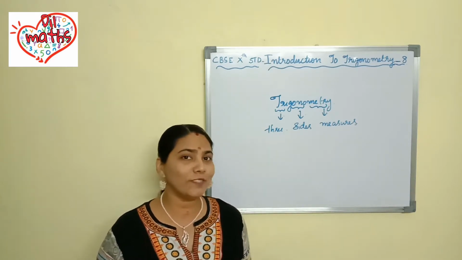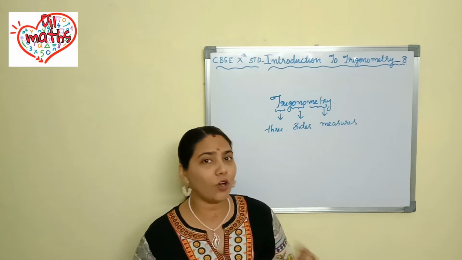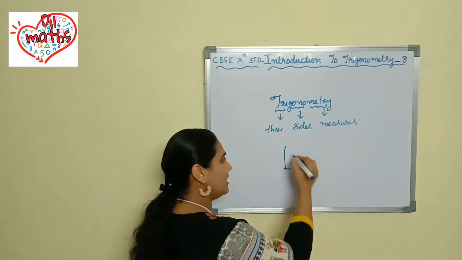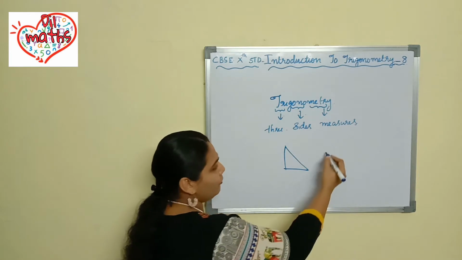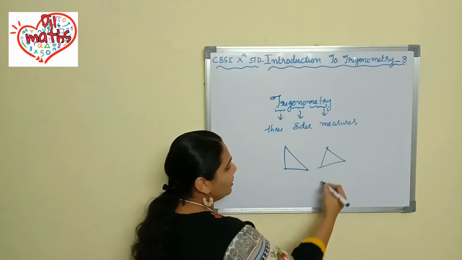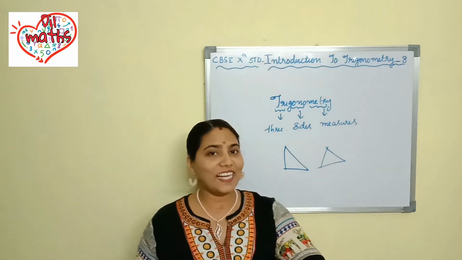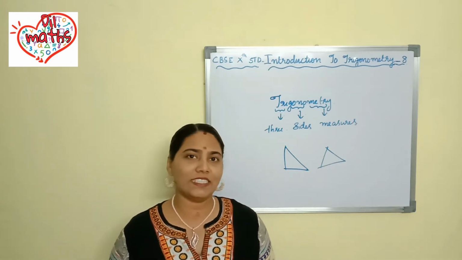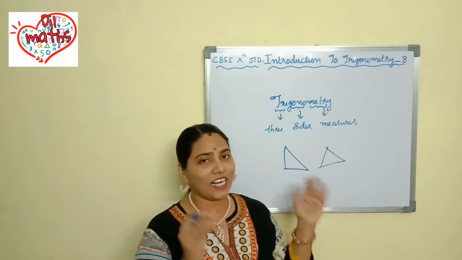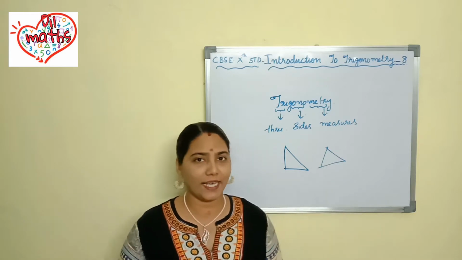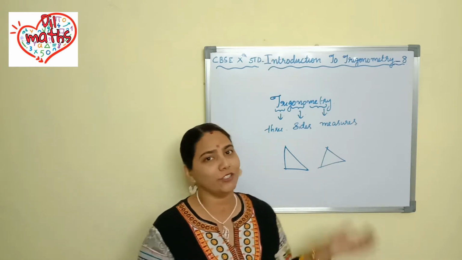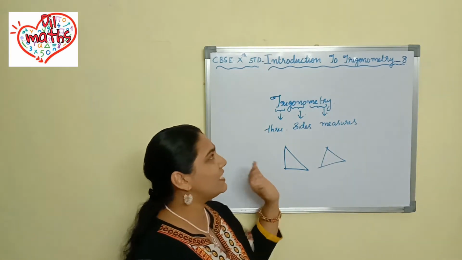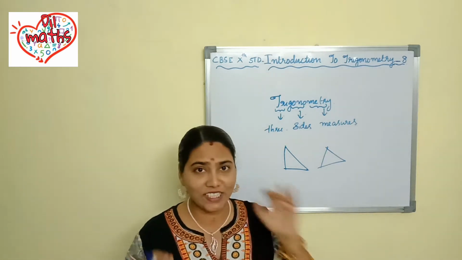So you know that which is a 3-side closed figure? It's triangle only, isn't it? Different kinds of triangles are there. You know that right triangle, obtuse triangle, acute triangle, like that many triangles are there. We can classify triangles into many types according to their angles, according to their sides. So here in this trigonometry, we are dealing only with triangles.